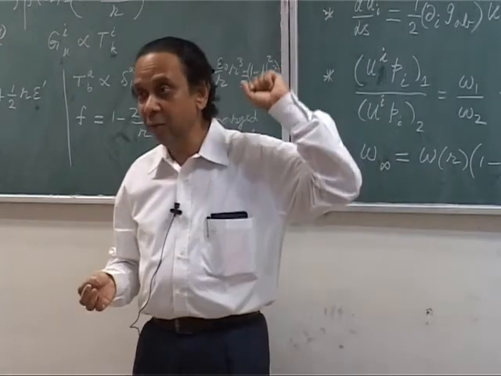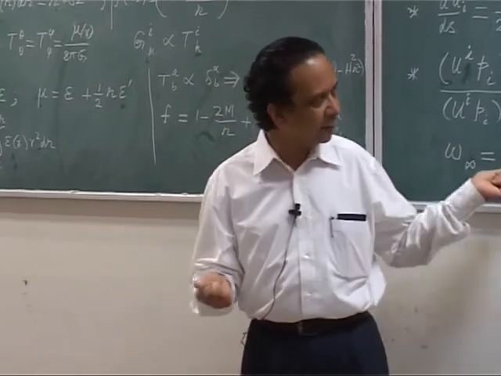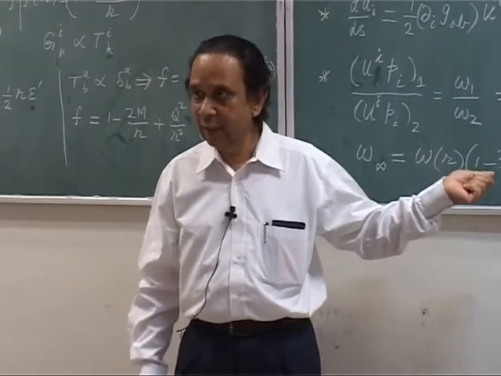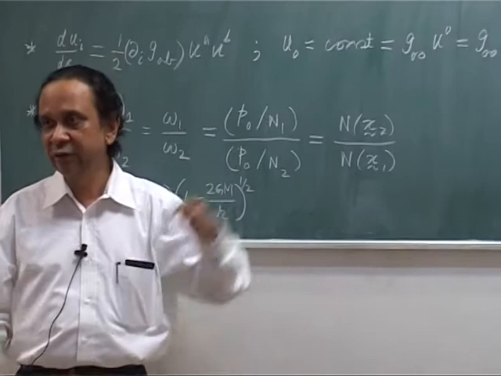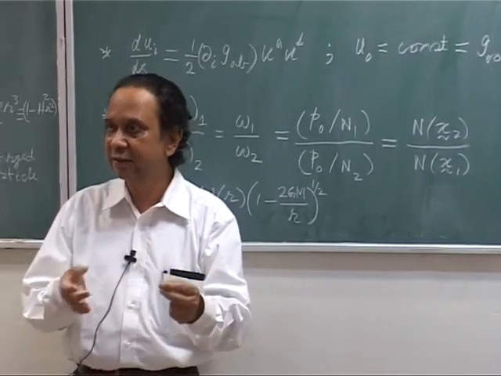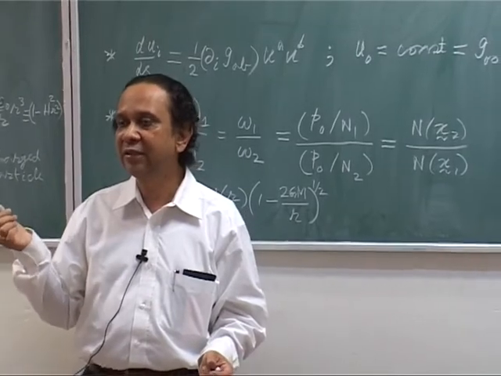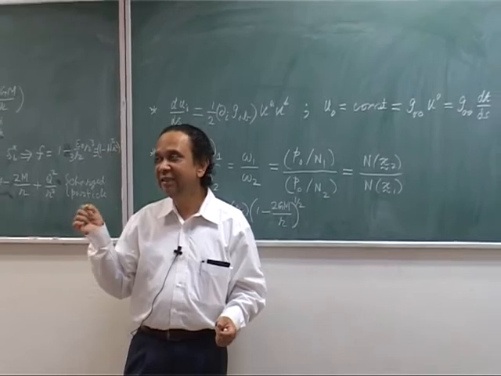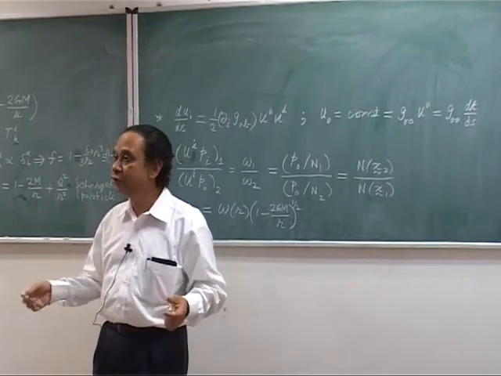Now, very long back we derived this from the principle of equivalence for a weak gravitational field, and that is precisely this result. You could have done this whole analysis by just assuming n at x2 and n at x1, with x2 very close to x1 differing by some distance, then taking the gradients, and you would have reproduced the result that delta nu by nu is like G h by c square, where G h is the potential difference between these 2 points.